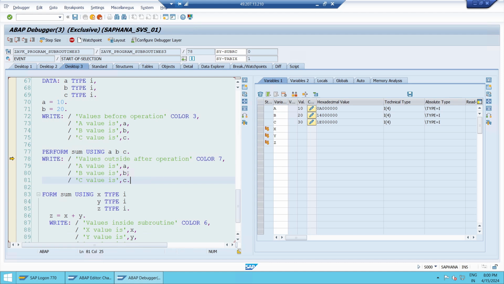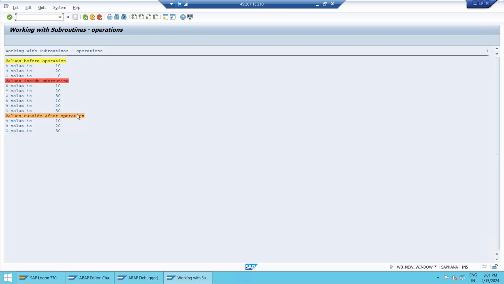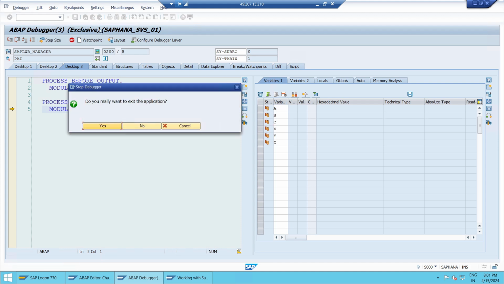So what happens to the A value, B value, C value? A is 10 only, even inside and outside the subroutine. B and Y both are the same. Y value is not changed, that's why B value is not changed. But C to Z: when Z is changed to 30, C also gets changed to 30. That is your outside operation. That's what you have to observe. X, Y, G. Right? Then